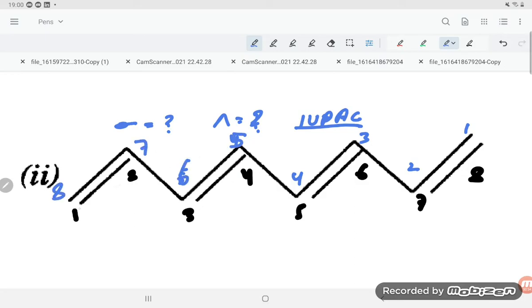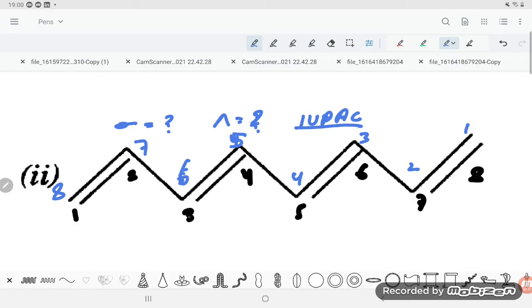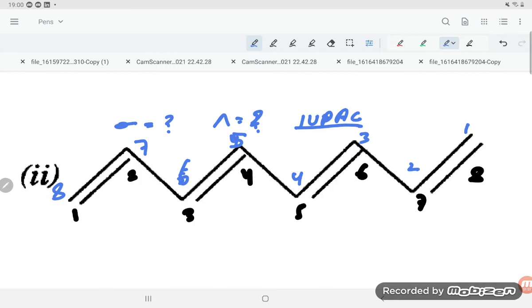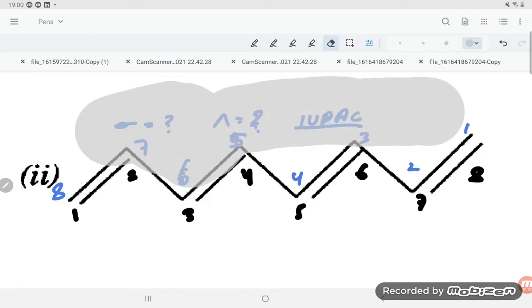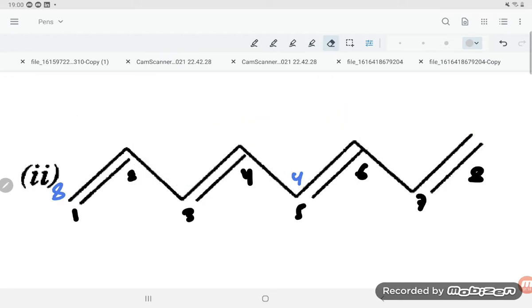Where is the double bond, students? First and first, then third, and from the other side also third. So it is the same way. In this compound, you can do the numbering in any direction, so no need to get confused, students. Now we are going to write the IUPAC name of this compound. How can you write the IUPAC name, dear students?